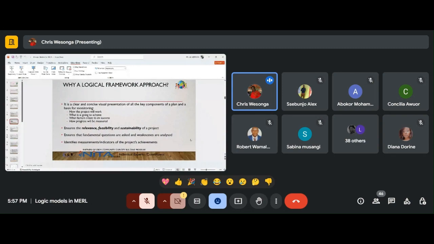So you have a very clear way of understanding what data will get into what information to give what knowledge for the purpose of being wise, because decisions are made by wise people. So with monitoring, you see how the project will work out, what it's going to achieve, what factors relate to its success, and how progress will be measured. When we mention success here, we have two areas of success. The first is project management success, or program management success,